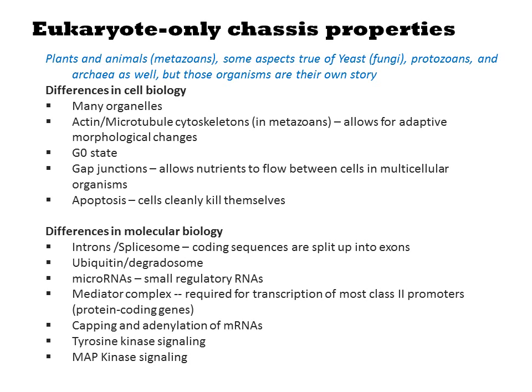Eukaryotes have introns and spliceosomes which process mRNAs prior to translation. They have specialized degradasomes for programmatically removing proteins. They have microRNAs for epigenetic control of gene expression. They have mediator, which is a more complex means of controlling transcription initiation. The mRNAs have specialized structures at their ends to signal their identity instead of relying on internal sequences for initiation of translation. And finally, they have tyrosine and MAP kinase signaling cascades for dynamic environmental sensing.